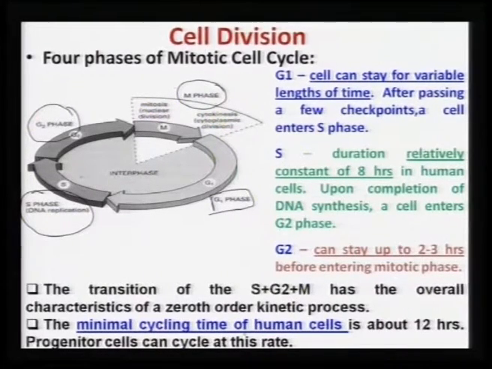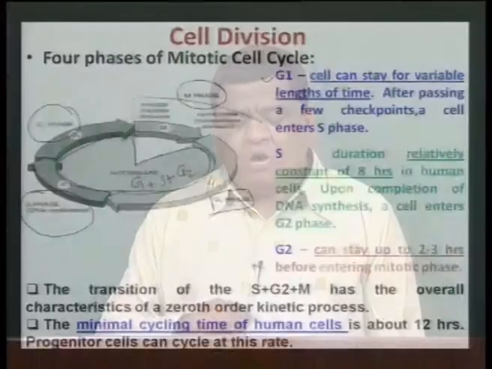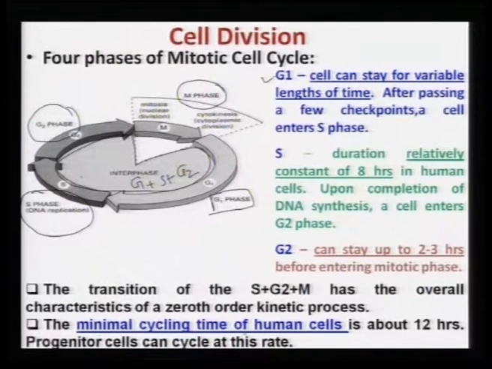Now, what you see typically in a total cell cycle is that a significant amount of time is spent in the interphase region. And what is this interphase region? This is G1 plus S plus G2. So, the combination of these three phases, G1, S and G2, constitutes the interphase. This interphase is the period when the cell is getting ready to enter the M phase. That means, after G2, the cell enters the M phase, where there is nuclear division and cytokinesis, the cytoplasmic division, everything taking place.